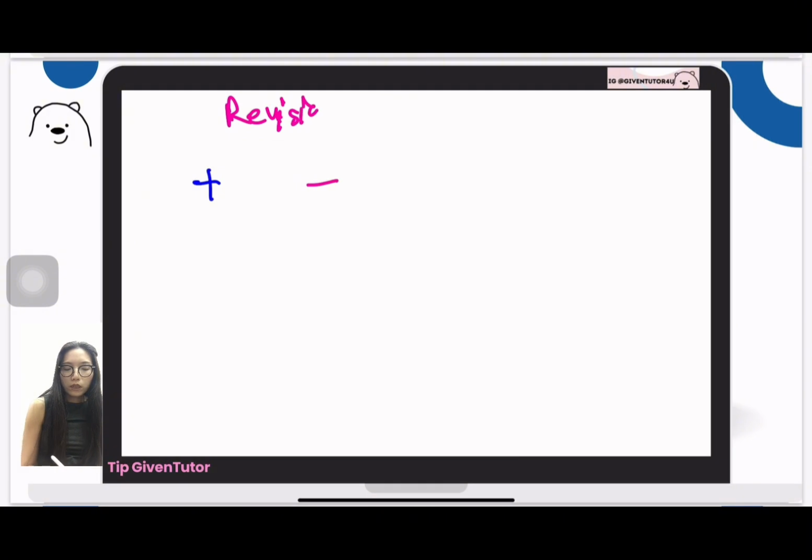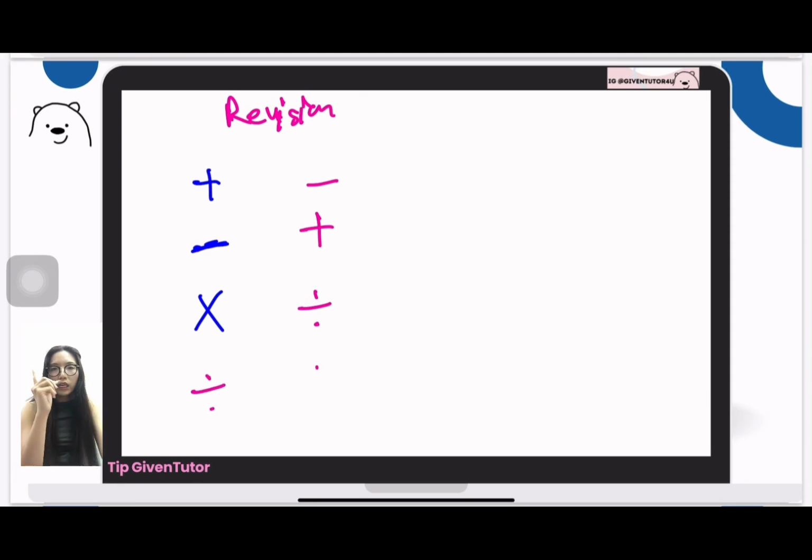Okay, so when you got the plus, you will got the minus. When you got the minus, you will change with the plus thing to be the deductions, right? And then after that, when you got the time, you got the divisions. And when you got the divisions, you will got the time also. But keep in your mind one thing: when you got the real words, like here, x plus also x, right,